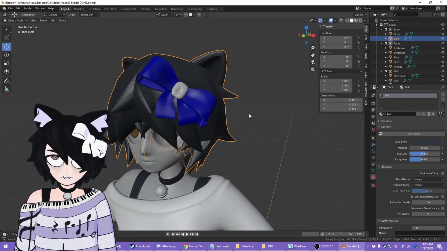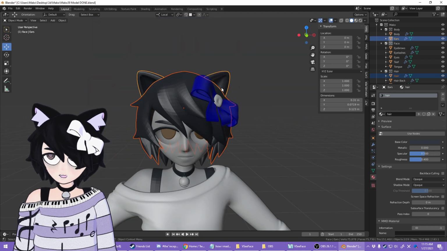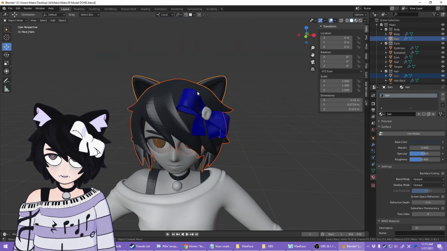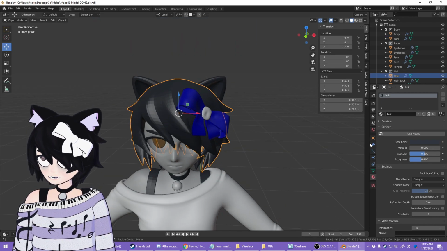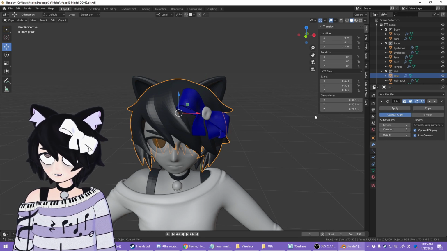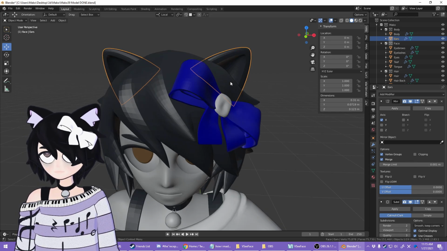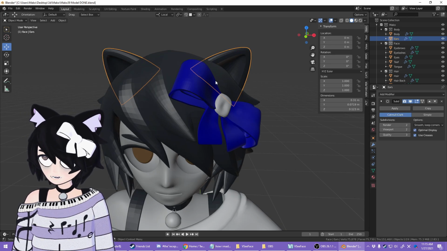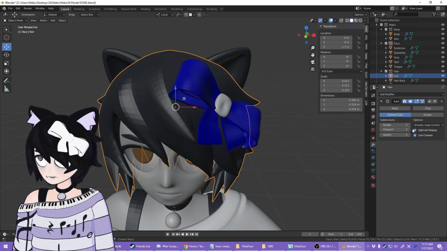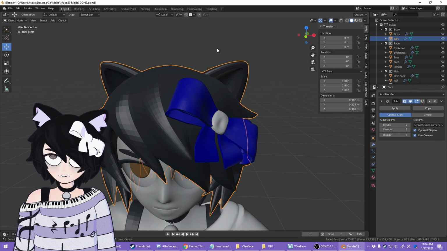Now you might have noticed a problem arose here. Why is that? Well, as I went over in the previous video, we need our meshes to have the same modifiers on them. This one has a subdivide modifier. This one has a mirror modifier and a subdivide modifier. Which means we're going to need to apply this mirror, and now they're the same. These numbers, the render and viewport, are the same. These are the exact same modifiers, so now we can join them.